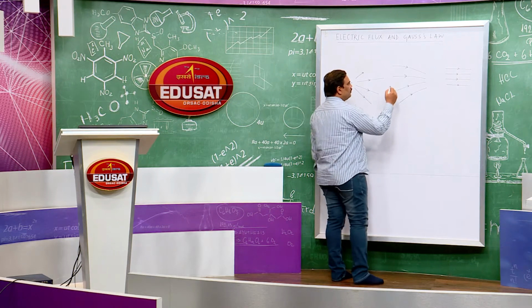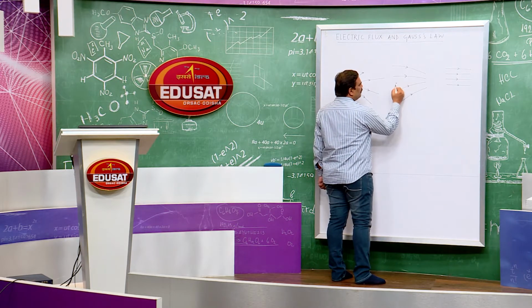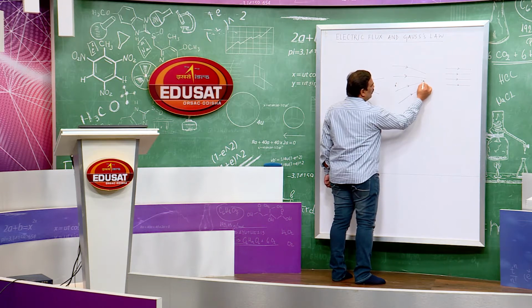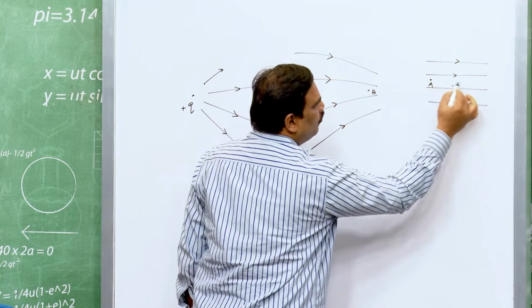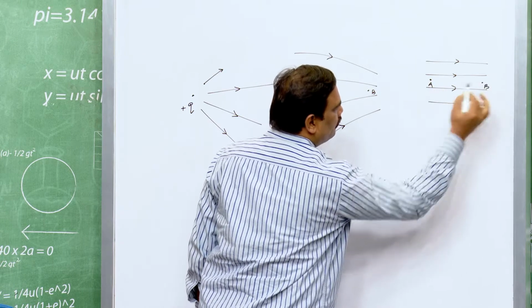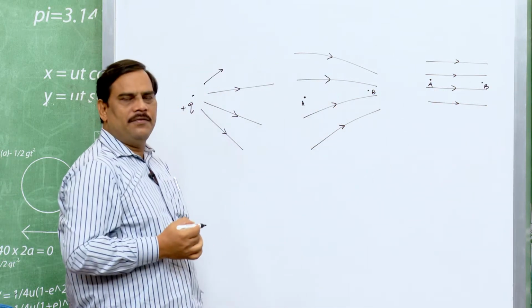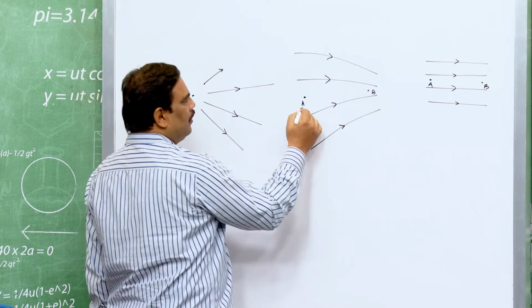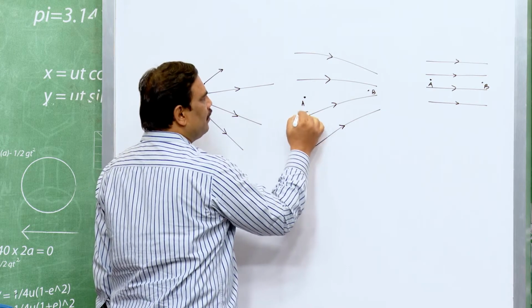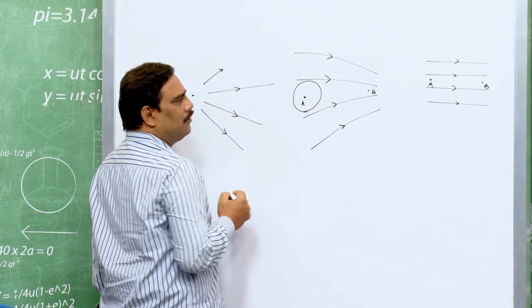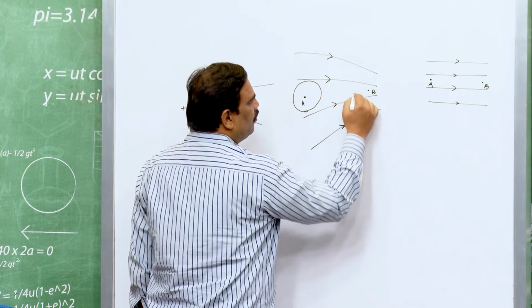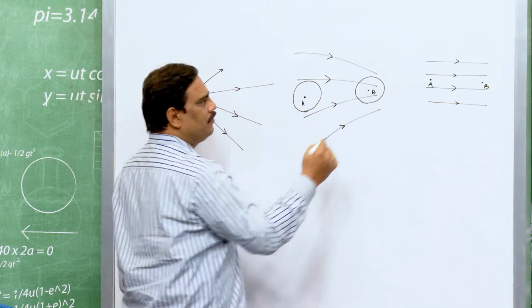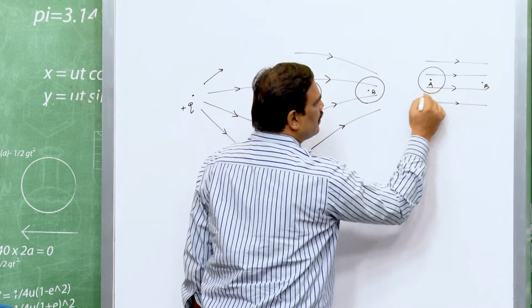Consider two points A and B in both the cases. If I draw a particular amount of area about the points A and B in both the cases,